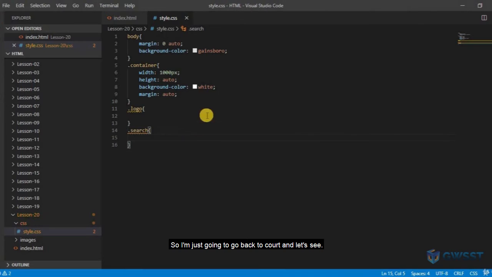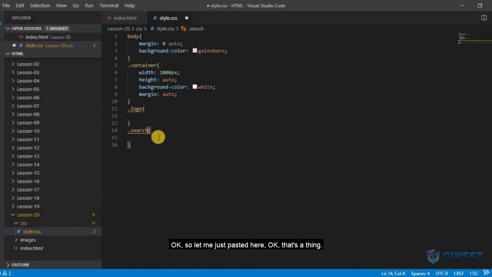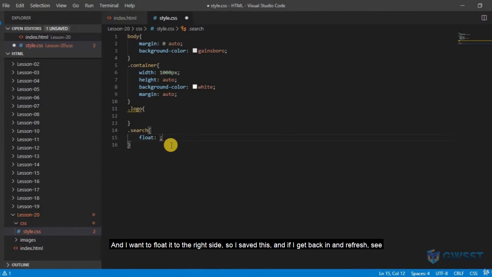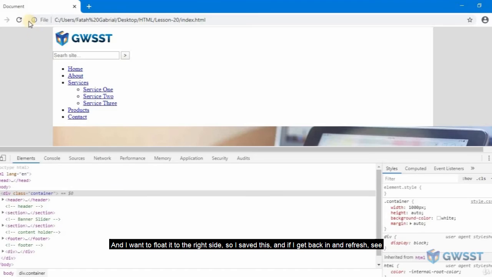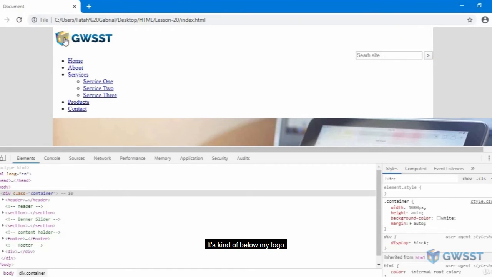I'm just going to go back to my code and see if I made some spelling mistake. Okay, let me just paste it here. Okay, that's the search. All I have to do is type in float, and I want to float it to the right side. If I save this, get back in, and hit refresh, see what happened. We got the search bar on the right side, but it's not where I want it. It's kind of below my